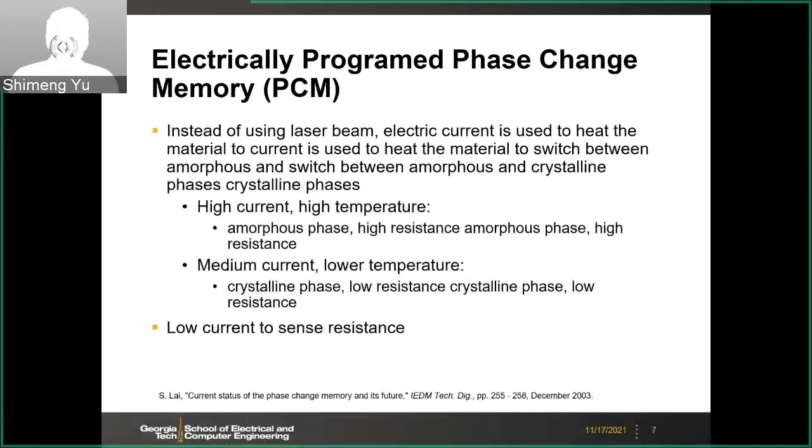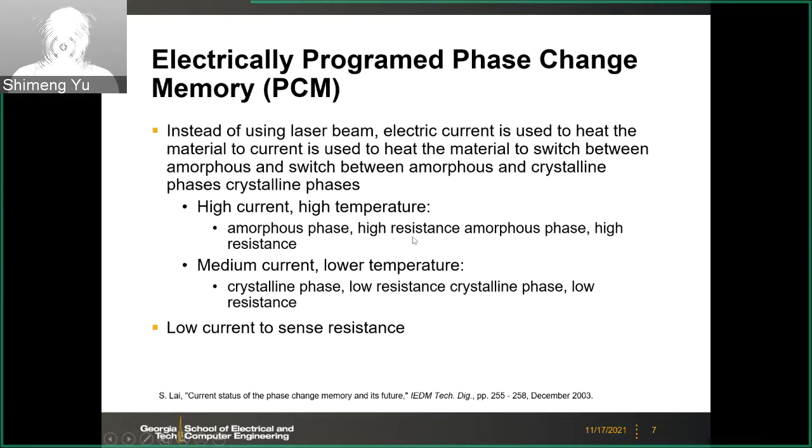So here we are interested in this electrically programmable phase change memory. Instead of using the laser beam, we use electrical current to generate the Joule heating. So we can change the temperature profile in the material to switch between the amorphous or the crystalline state. So basically high current, high temperature, that will result in the amorphous phase, and electrically it will be high resistance